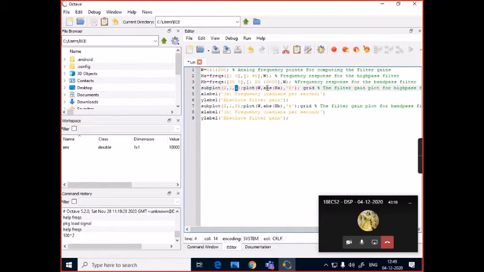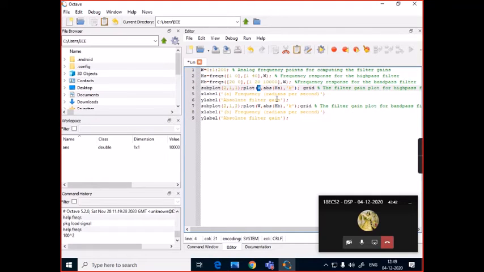So ABS is the function which gives us the absolute value, or the magnitude, of this frequency response HA. For plot, there are 3 arguments here. W represents the x-axis. It is plot of x comma y.